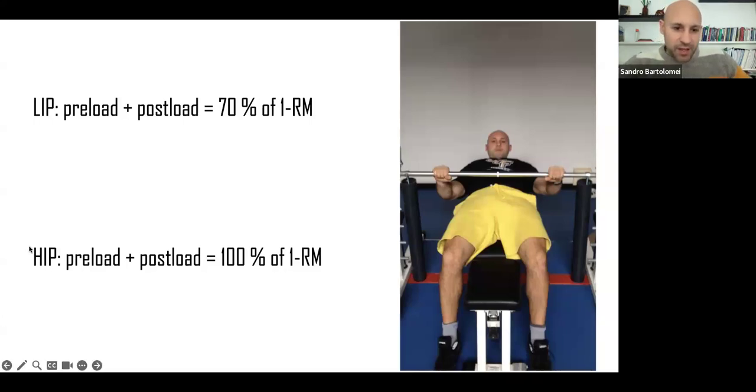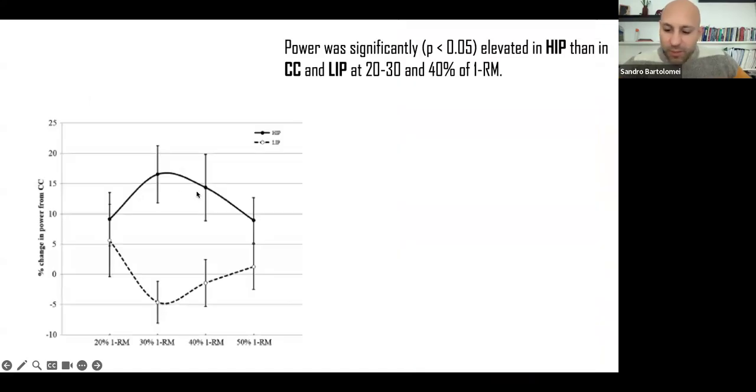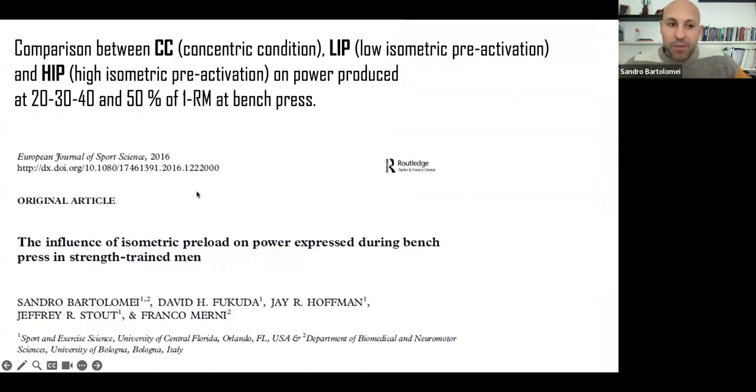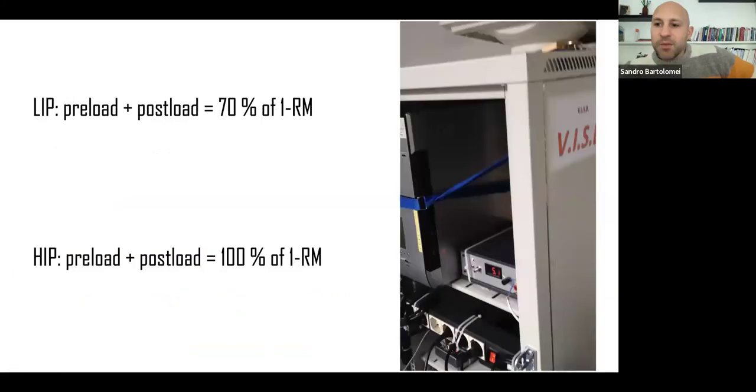And I obtained an industrial patent for that. We also published a paper in the European Journal of Sports Science with Dr. Hoffman as well. Basically, in this paper, we compared different conditions. What we defined was a pre-isometric contraction, so pre-isometric activation. We set up a different threshold of